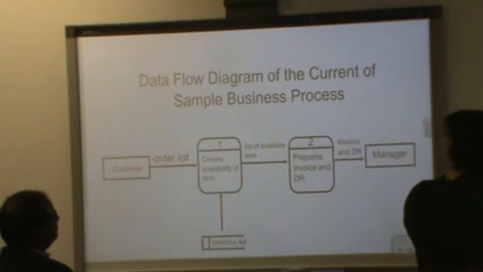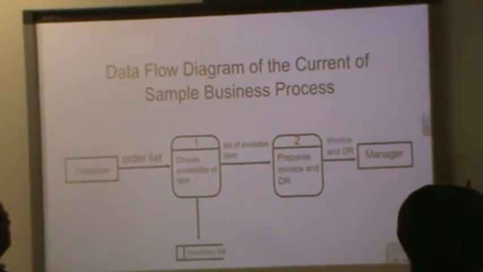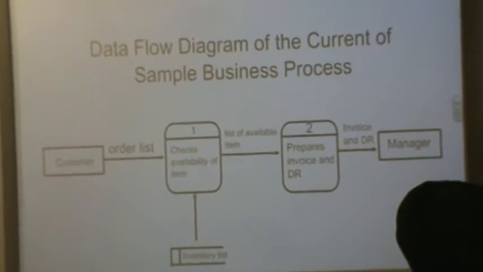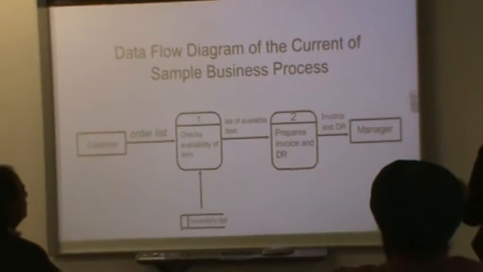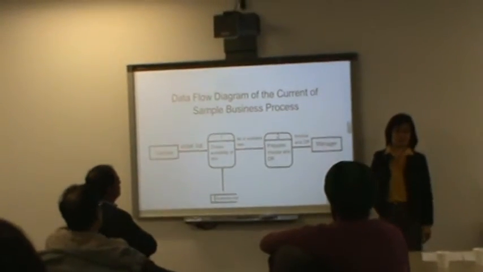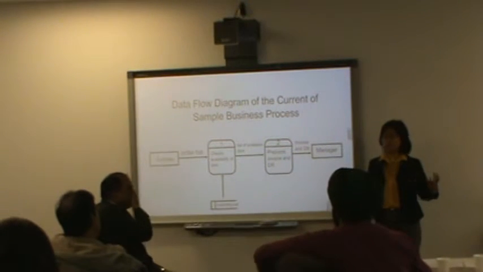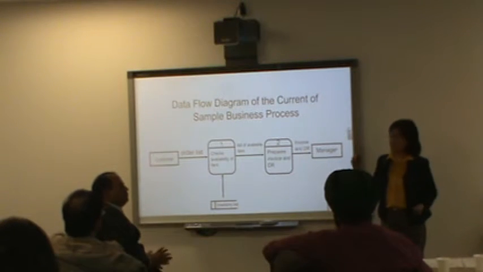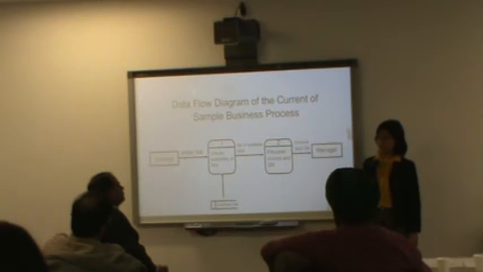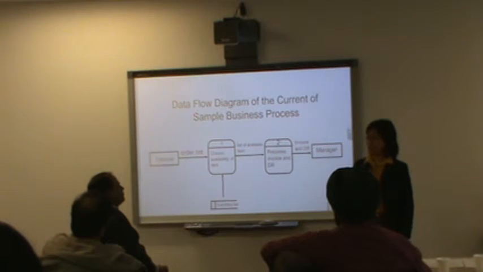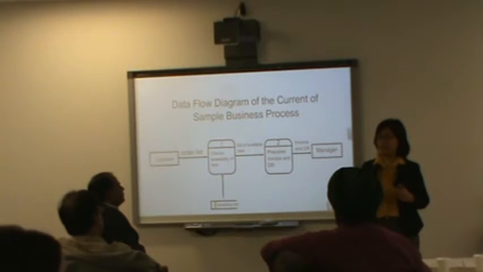Okay, that's great. So this is how it will look like in a process if you do it using a computer. And usually, who reads this and understands it? The manager or the employee? Anybody in an organization who would like to analyze a business process. It could be a manager, it could be a systems analyst, it could be somebody who would like to improve the process. Why is it that we use standard symbols and labels? Because there are a lot of people in an organization who will read this type of data or report. So therefore, it is necessary that there is a standard way of doing it.